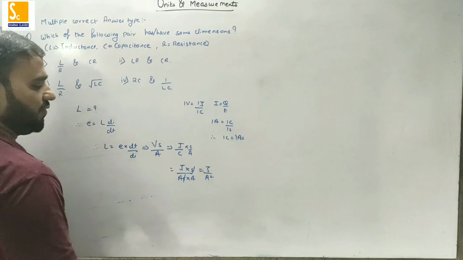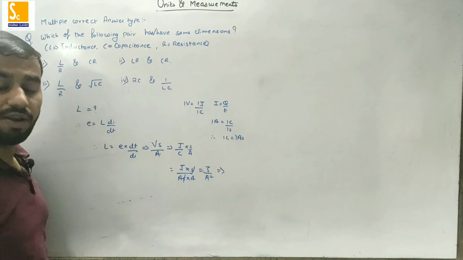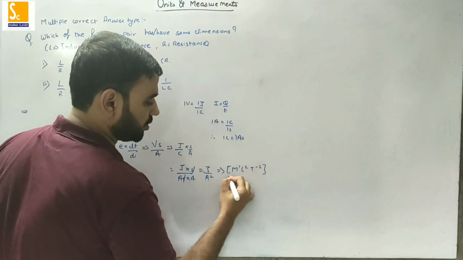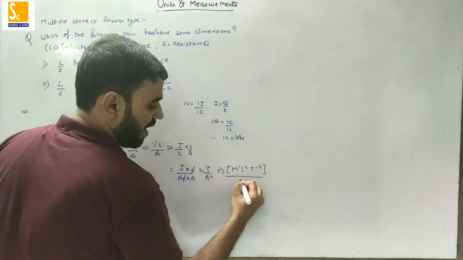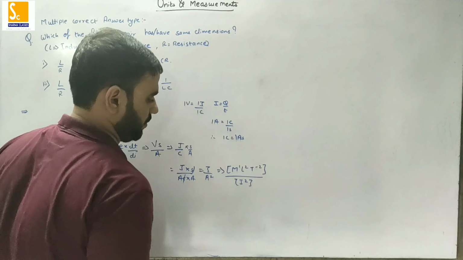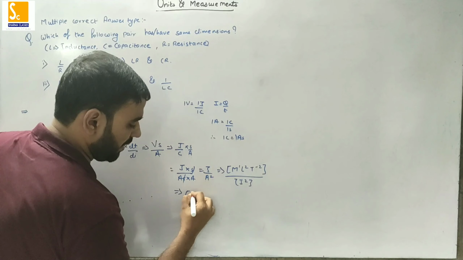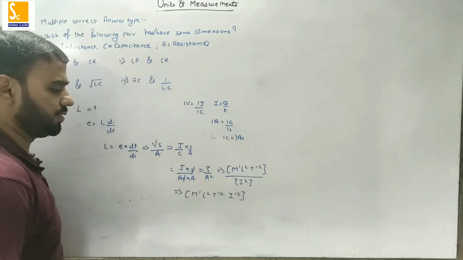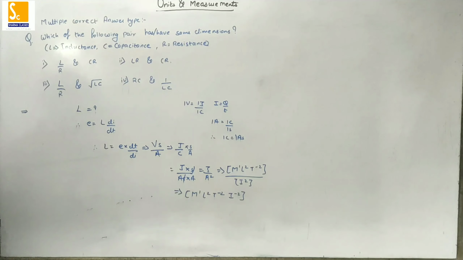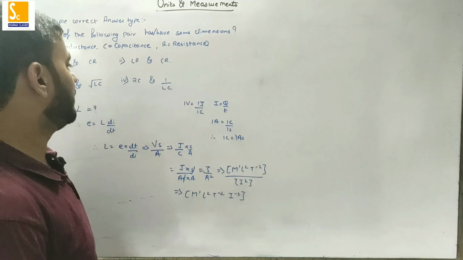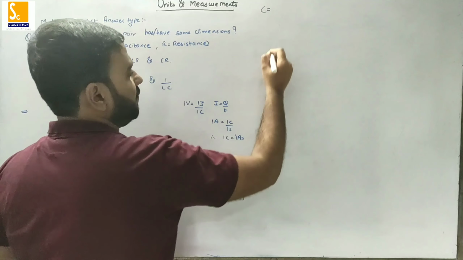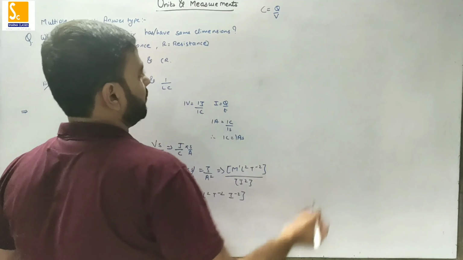So what will be the dimensional formula? Dimensional formula for the joule is M raised to 1, L raised to 2, T raised to minus 2, upon ampere. I will write down I to the power 2. So finally dimensional formula becomes M raised to 1, L raised to 2, T raised to minus 2 and I raised to minus 2. Okay, so this is the dimensional formula for inductance. Further, we'll find out the dimensional formula for the capacitance C. Okay, the formula for the C is Q by V.